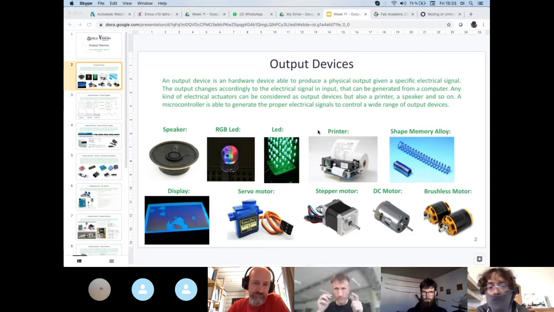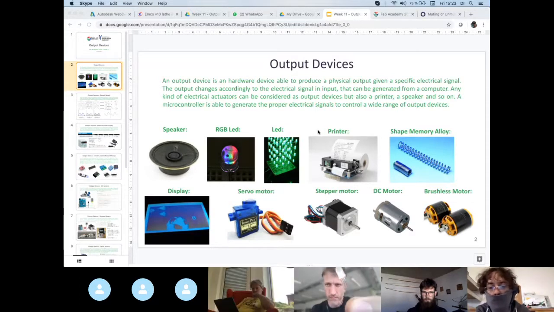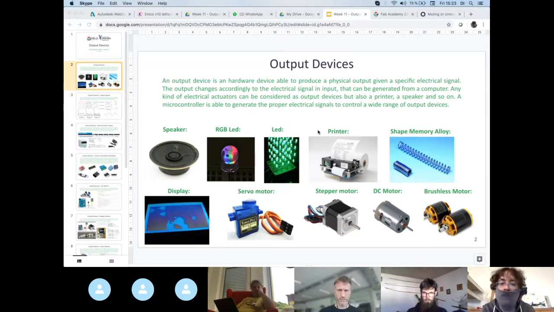Then, of course, you have more complex output devices that embed, again, as I was telling you before, some electronics inside. This is the case of a printer, if you think about it. So you might need to use a networking protocol to send the data to the printer, and then the printer will have inside its own controller, its own motor, its own ink cartridge, and so on, and then print something